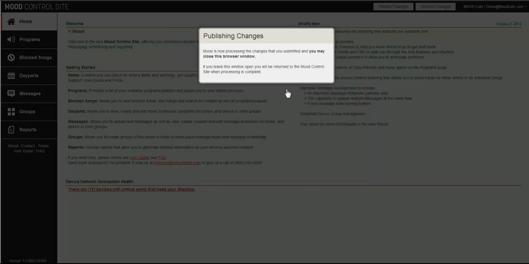You'll then see a window that we're publishing your changes. It takes about 2 minutes until this window disappears, but at this point you can close your browser. You don't need to wait for that to go away. And if I were to log in again right now, it would still show me publishing changes. Once the publish is complete, you'll then be returned to edit mode where you can make more changes to your